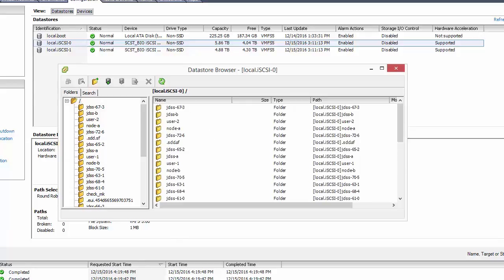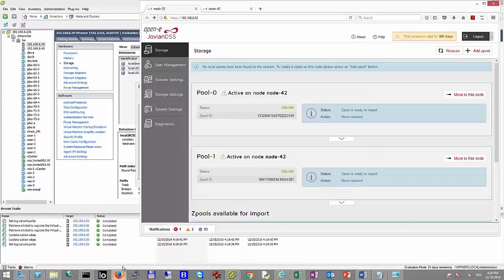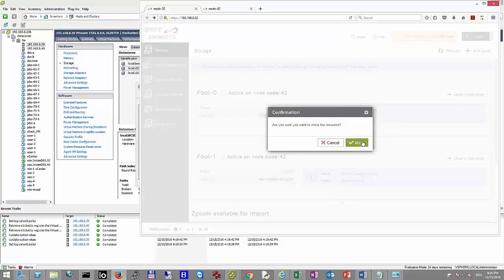Okay, so that was the failover, where our pool was switching from node 32 to node 42. We can of course switch it back.